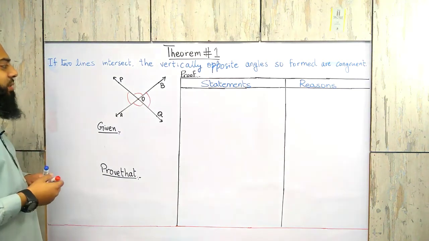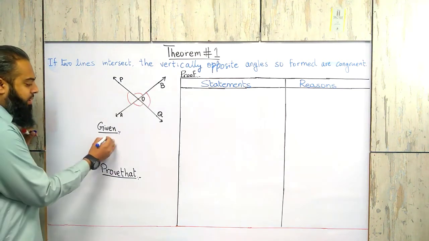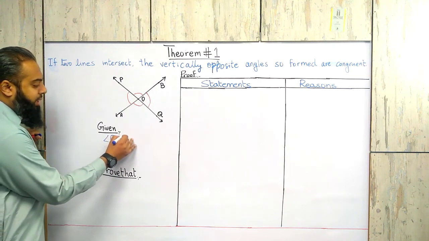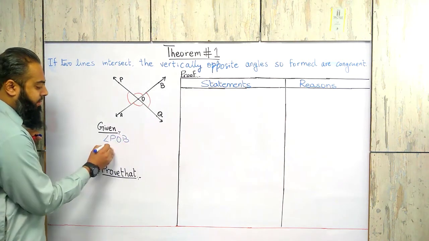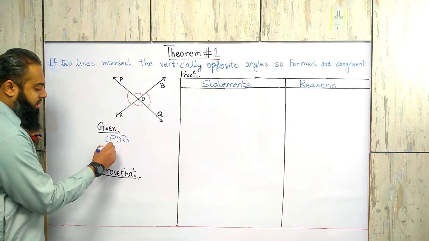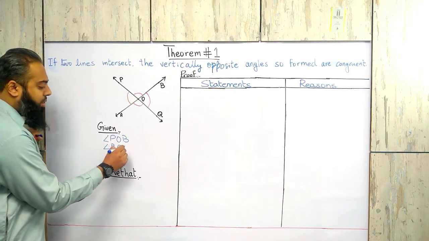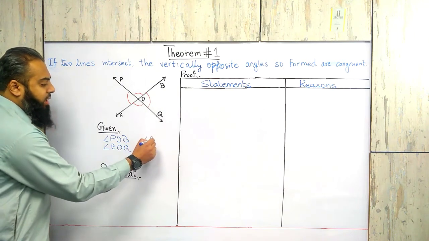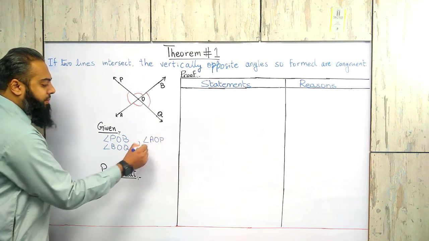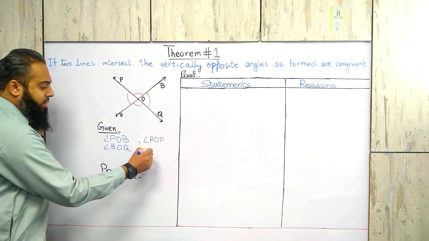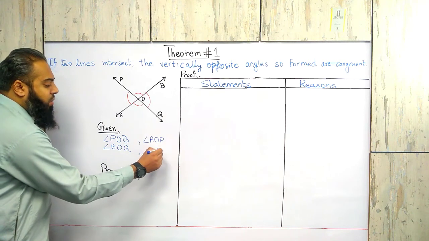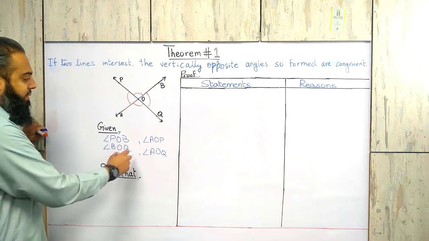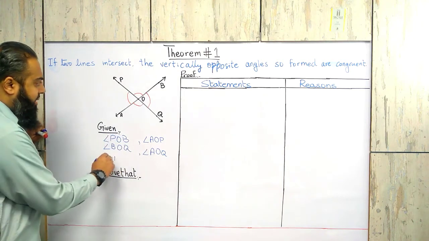Now these angles could be angle POB, angle BOQ, angle AOP, and angle AOQ. Now these angles we have with the line